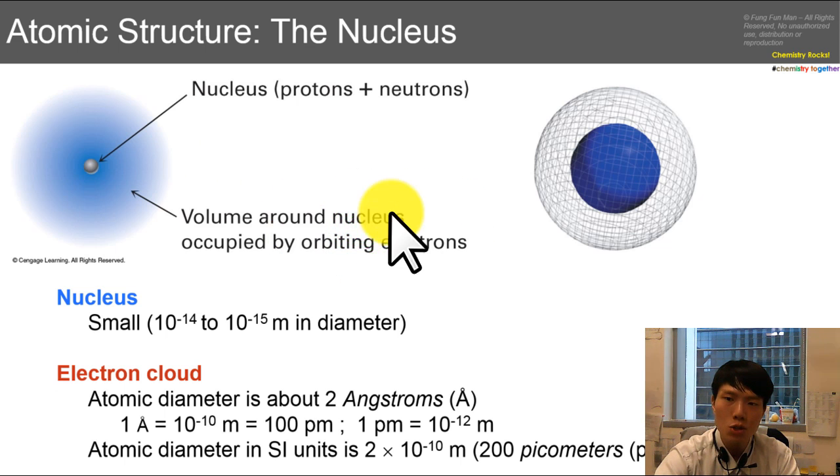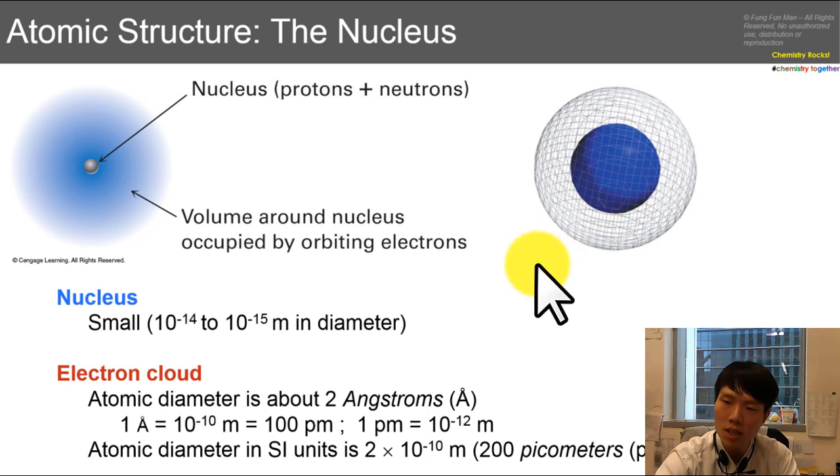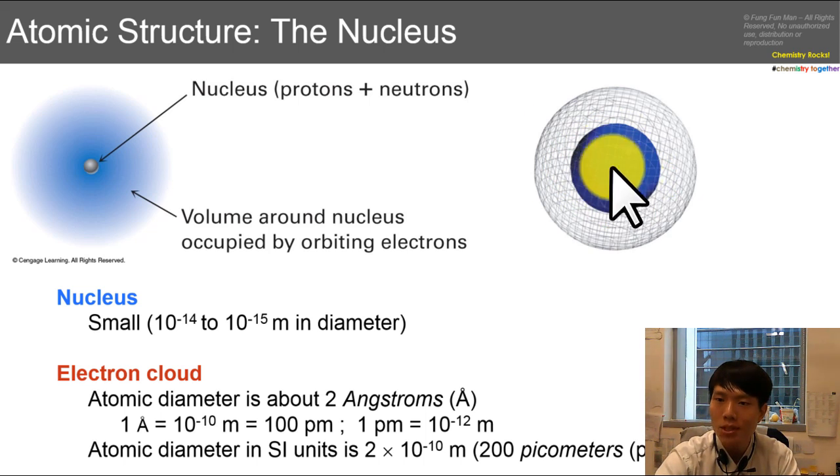Now this figure here shows the dense, positively charged nucleus that contains most of the atom's mass, which is mainly protons and neutrons, and it is surrounded by negatively charged electrons. So the three-dimensional view over here shows a calculated electron density surface. Now electron density increases steadily towards the nucleus because the nucleus is positively charged, so it attracts the negatively charged electrons, and this is 40 times greater in the blue solid surface than the gray mesh surface.